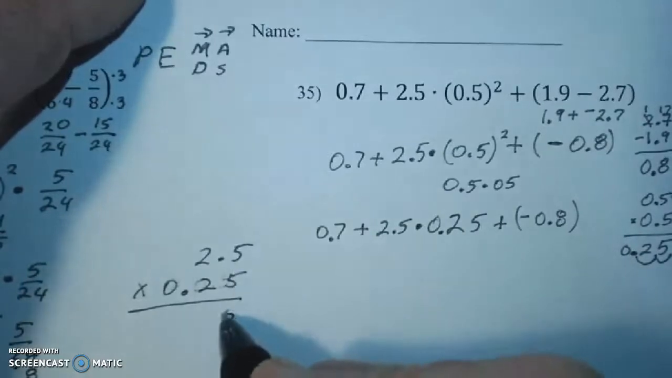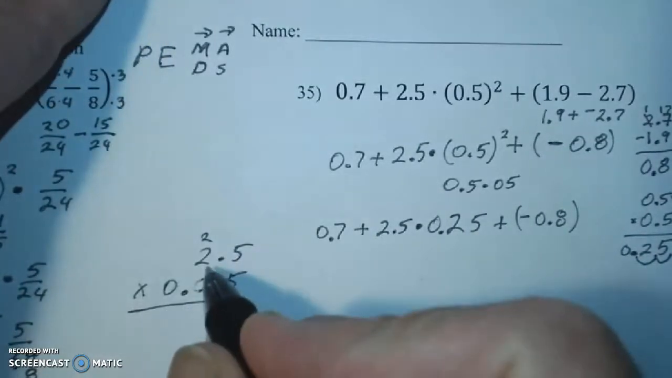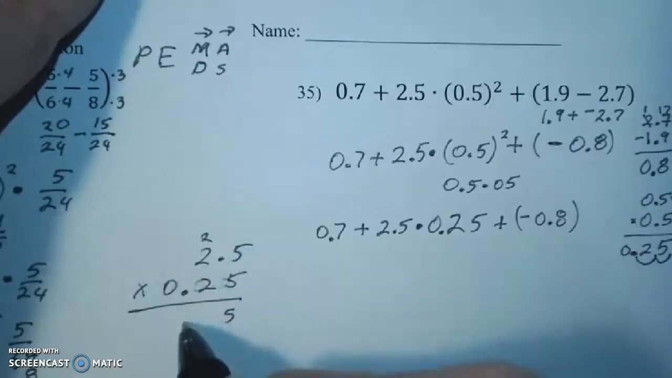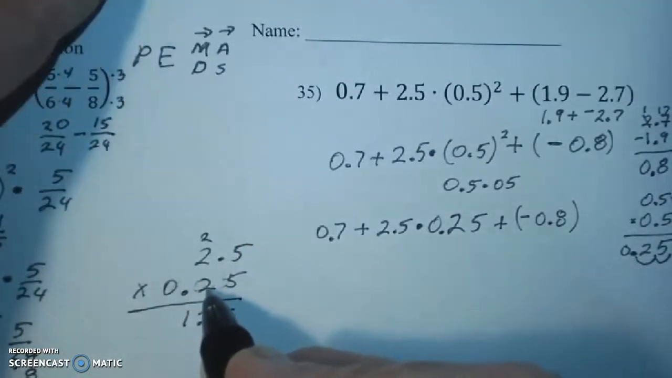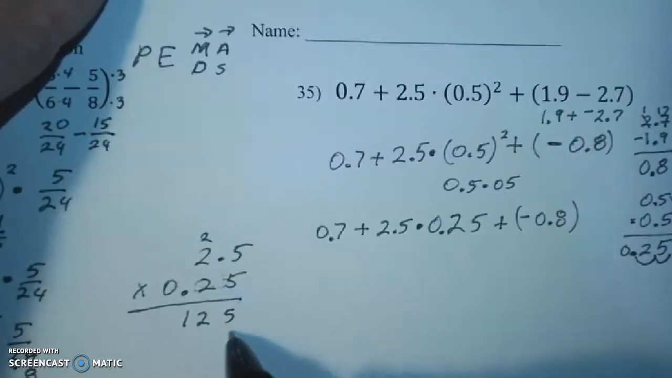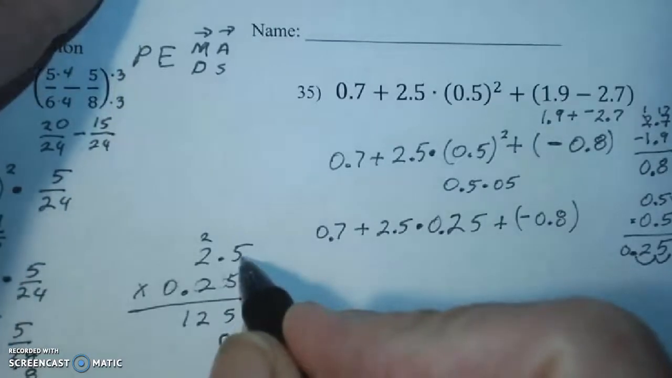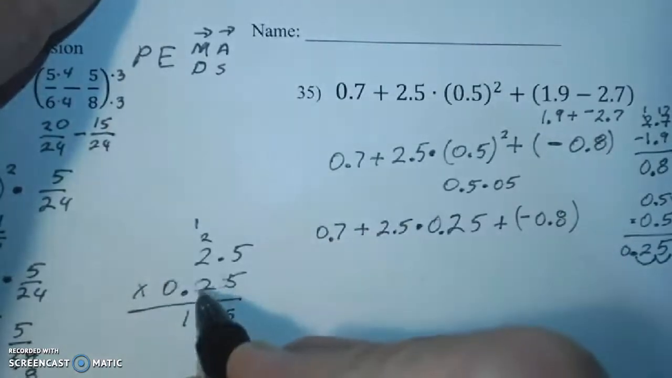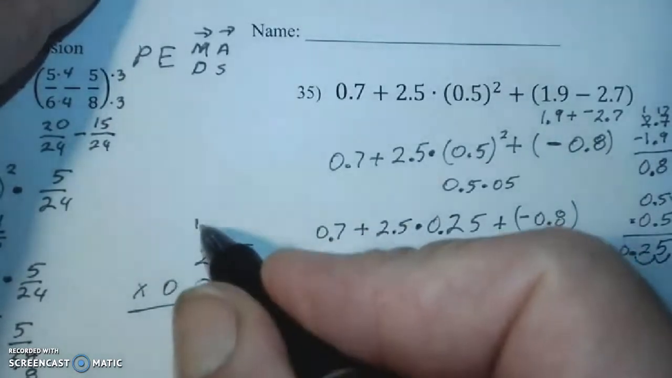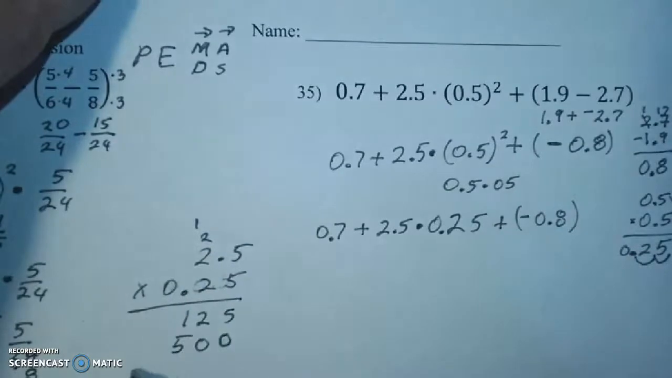5 times 5 is 25, carry a 2. 5 times 2 is 10, plus the 2 is 12. You're multiplying by the 2. It'd be like it's in the tens column, like it's 25. So put a 0 here or move over one space. 2 times 5 is 10. Put down a 0, carry a 1. 2 times 2 is 4, plus that 1 gives me 5. So when I add, I get